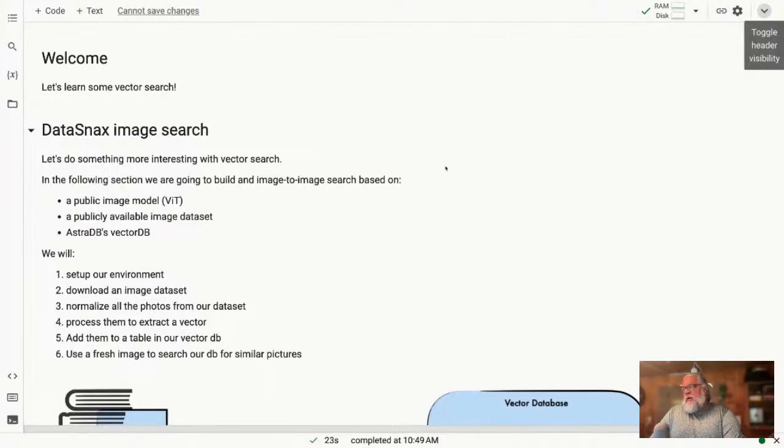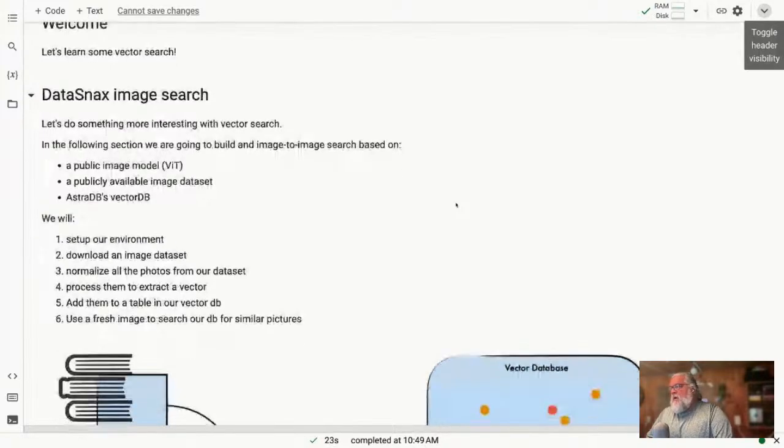So today we are going to build our DataStax data snacks image search. Yes, I'll link you out to actually looking at recommendations of similar items. We're going to do image to image, but I will throw in a bump at the end, reacting to one of the questions, about two towers and actually doing different things. But anyway,